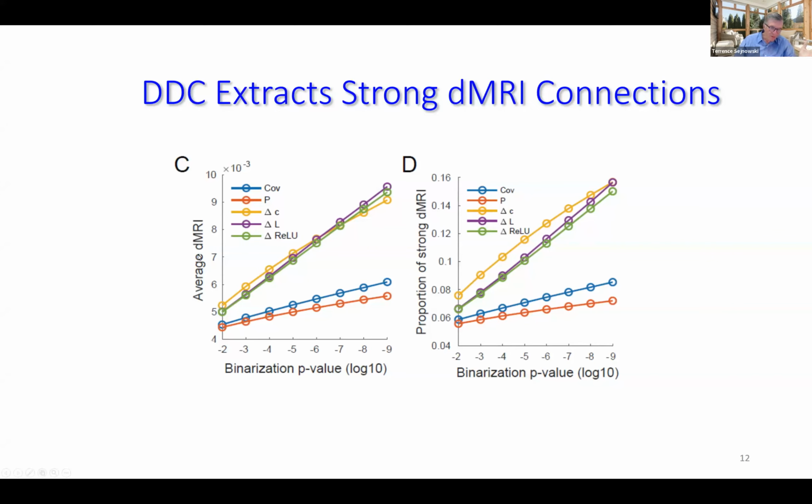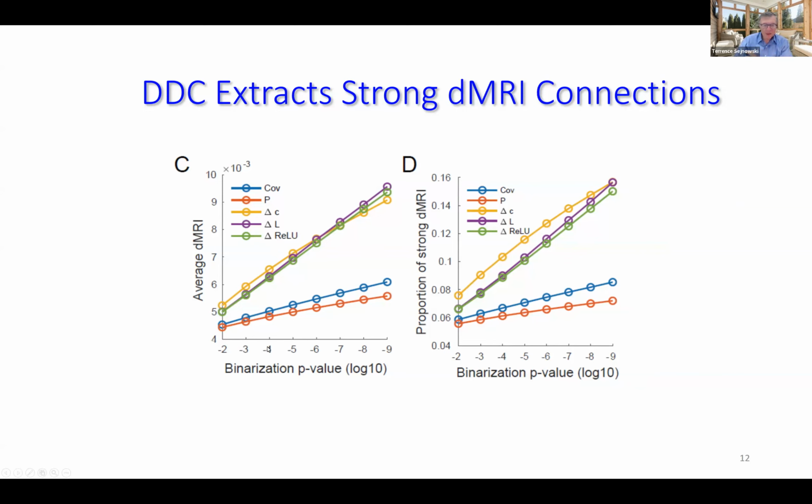presumably, I always thought of them as ground truth, but from what I've heard, it's maybe not quite as ground as we had expected or hoped. But in any case, the strongest ones are probably accurate, and those are the ones that we're going for. And we're going to change the binarization p-value, right? We changed, we picked out p less than 0.01, but we can look at more and more if we reduce